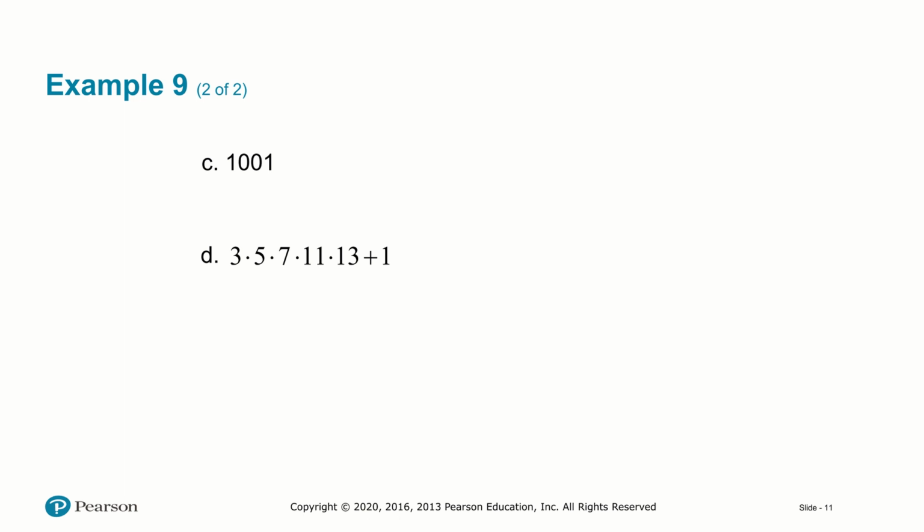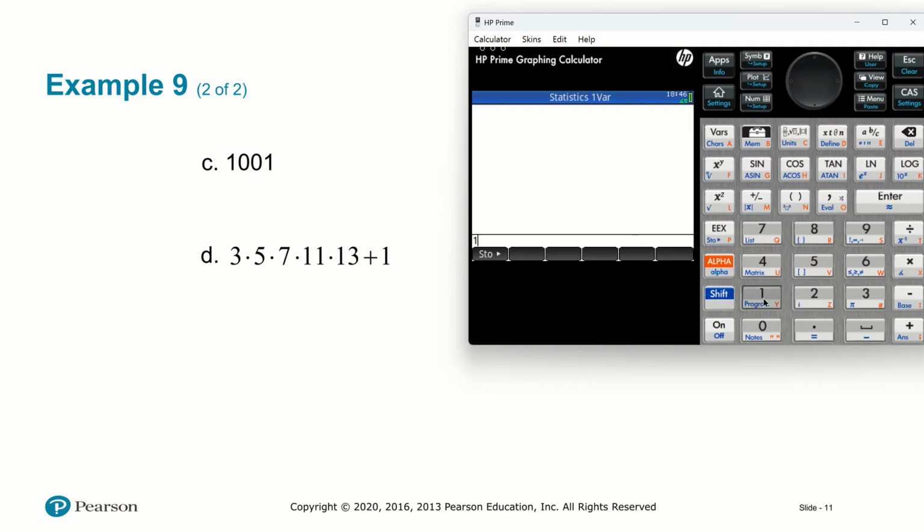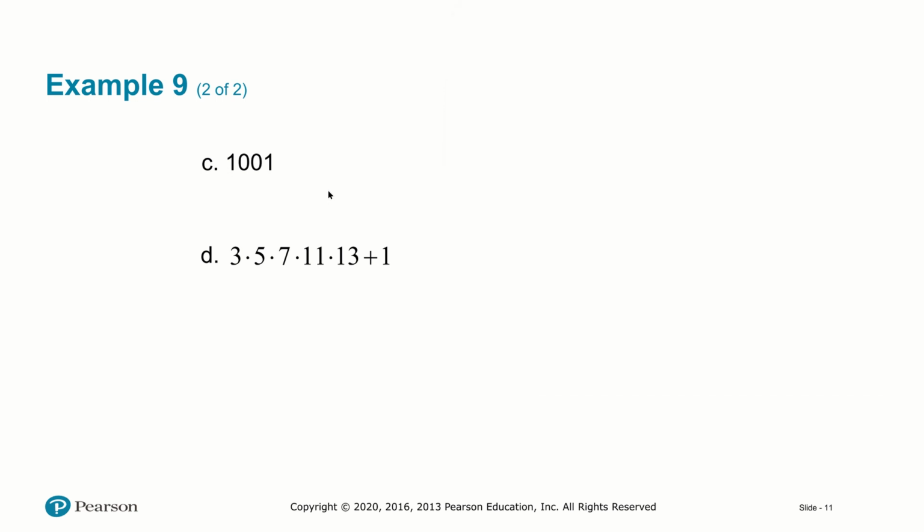7 and 1001 divided by 7 is 143. So there we have found ourselves a factor of 1001, which makes the number not prime. Therefore, it's composite. So we just showed that 7 goes into